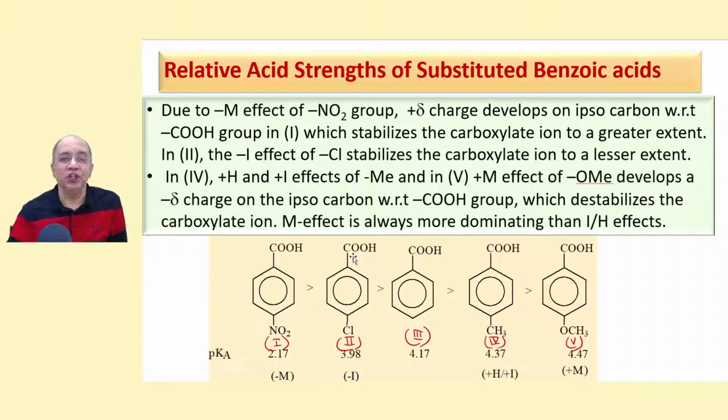Now it is time to talk about the substituent effect. Without bringing in isomeric substituted benzoic acids, in the same way that we did for phenols, we place different types of groups with their different natures in the para position and assess. Now para-nitro benzoic acid and para-chloro are stronger because of minus M and minus I effects, just like phenolic compounds. And para-methyl and para-methoxybenzoic acids are weaker than benzoic acid because of plus H and plus M effects respectively.